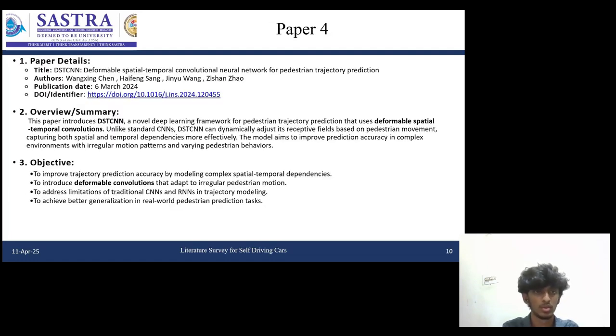And this is my paper. The topic is deformable spatial temporal convolutional neural network for pedestrian trajectory prediction. This paper introduced the DST convolutional neural network, a novel deep learning framework for pedestrian trajectory prediction that uses deformable spatial temporal convolution. Unlike standard CNNs, this can dynamically adjust its receptive fields based on pedestrian movement, capturing both spatial and temporal dependencies more efficiently. This model aims to improve prediction accuracy in complex environments with irregular motion patterns and varying